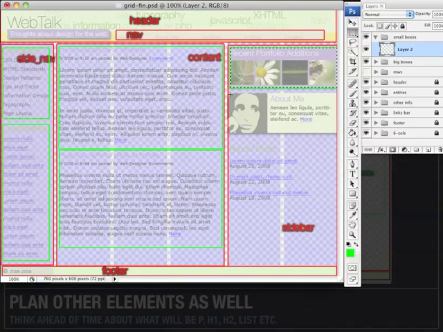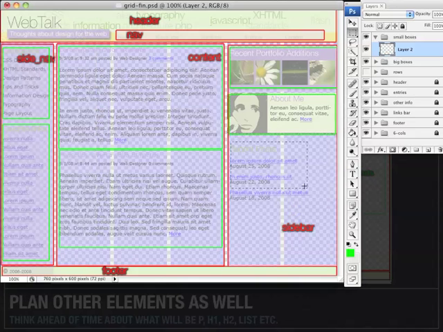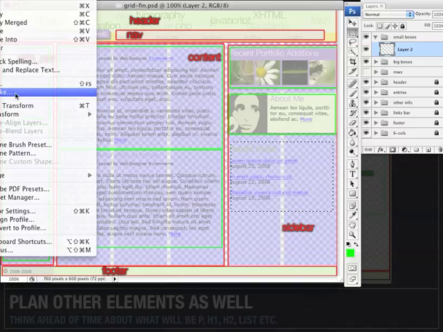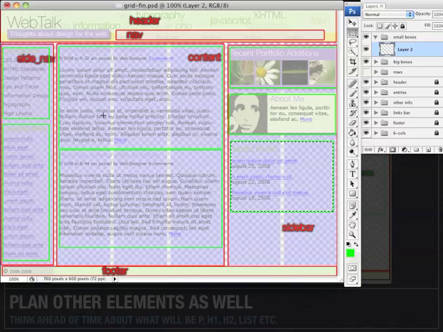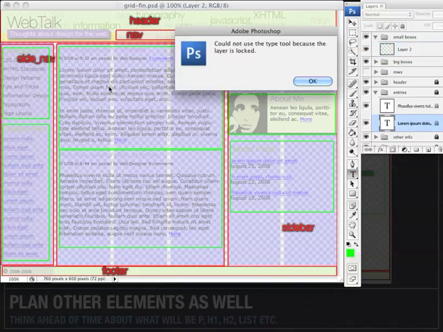So you basically can go in now and mark off all your areas and start to think about what am I going to call these sections. And so that way, when it comes time to address them with CSS, you already have class names and ID names. So here are now the sections of the site. I might decide to add some text in for those. So for example, this could be, oops, need to go back up to here, add some text in